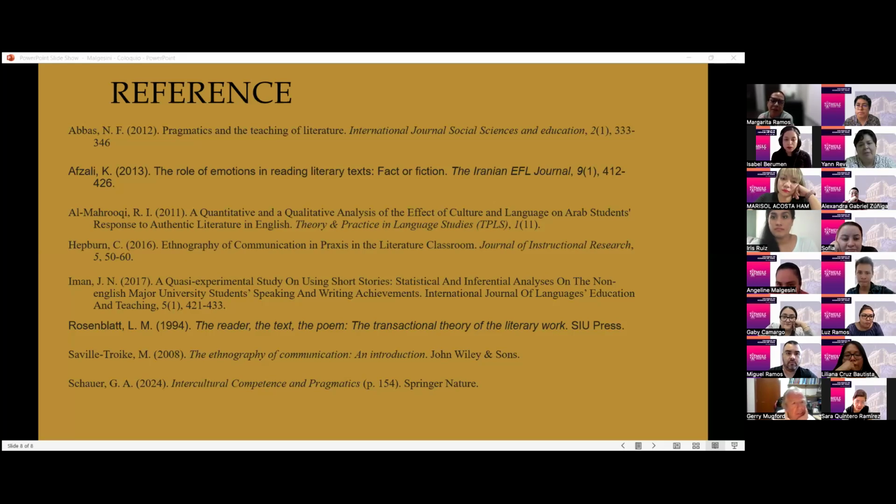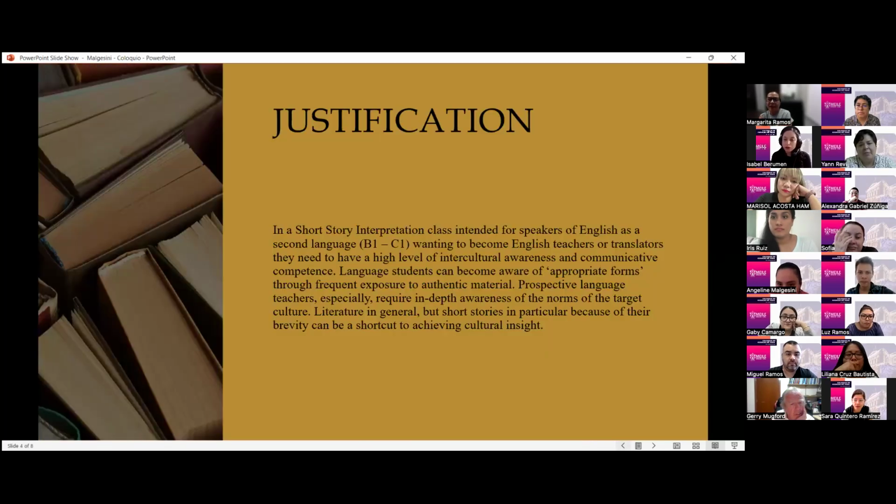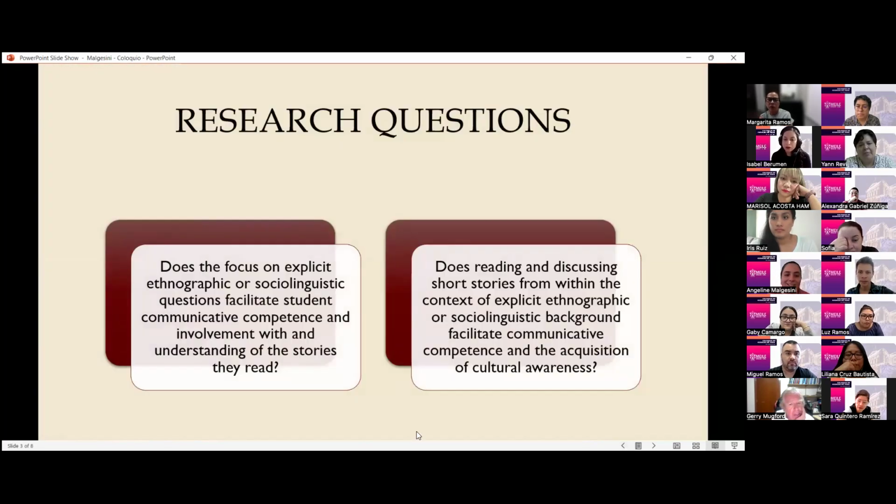And of course, your research questions are going to affect the kind of methodology that you are going to use, yes? So does the focus, etc. First of all, they are too long. And then second of all, we're going to receive only 2 kinds of answer, yes or no, end of the story. Yes? So what about if you change them to how